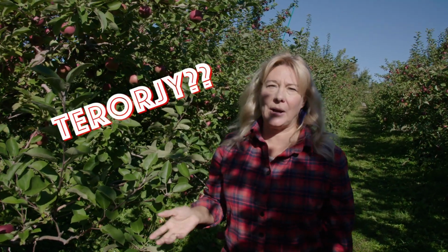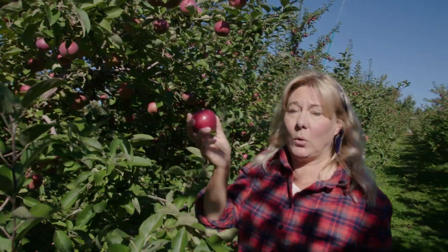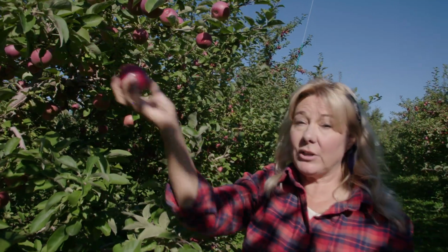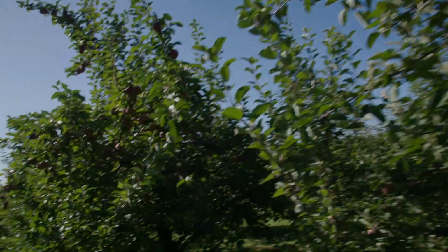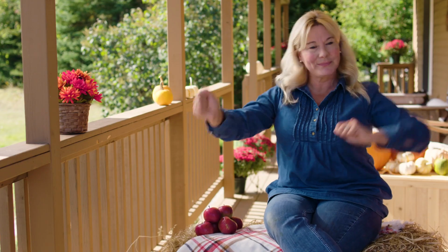I am at Treworgy Farms in Levant. It's a gorgeous Saturday here in Maine. What do I keep saying? Maybe she could say it and you could just dub her voice in. It's a gorgeous Saturday morning here in Maine. I am at Treworgy Farms in Levant, which isn't too far from my house. Woohoo. This is such an exciting... Today is going to be really...